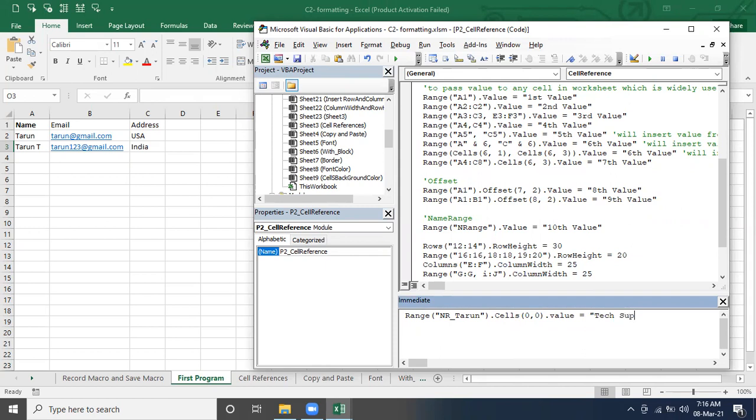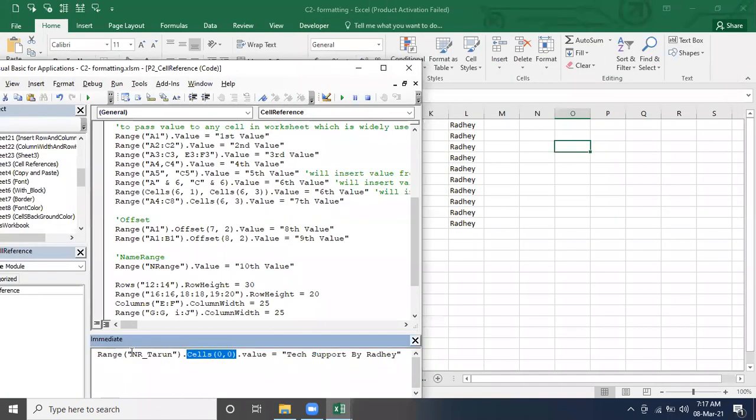No, we have defined the range, right? Which is L1 to L10, right? Yes, exactly. Out of this range, I am talking about this cell, the 0 and 0 index cell. So in this range, the 0 and 0 will become this one, L1. It's going to pass the value because that's the first column, right? Yes, exactly, it will become the first column. Already I'm clear about it, right?